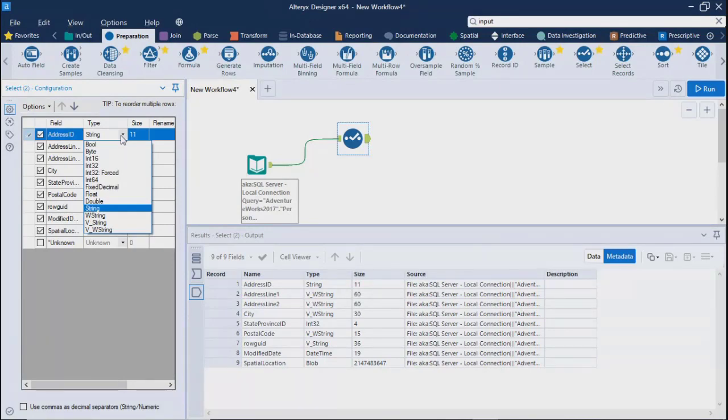Then you have byte. What is byte? It can be any character, but byte has limited space, a limited character length. What is the character length for byte? 1.